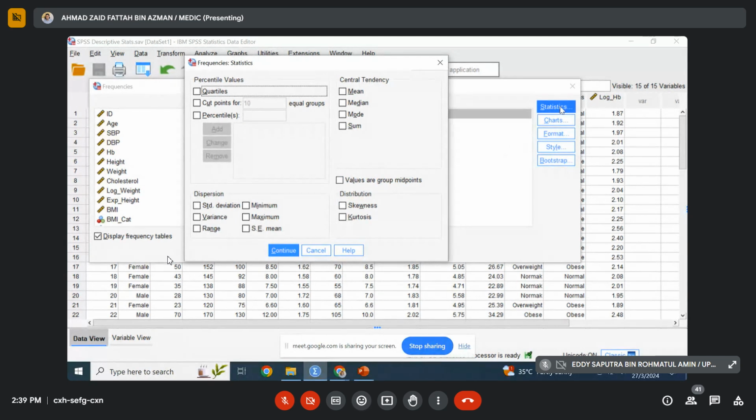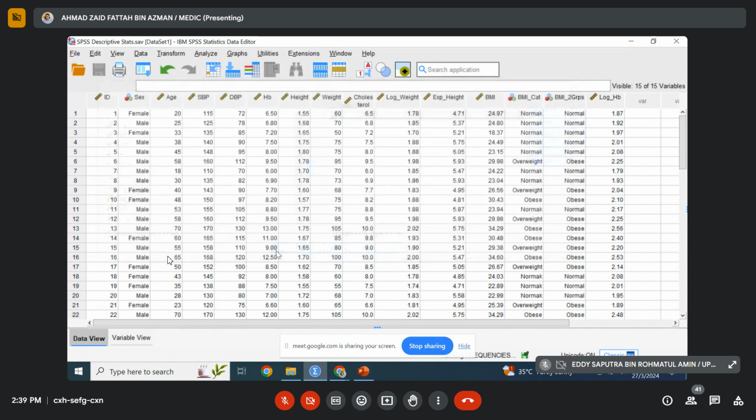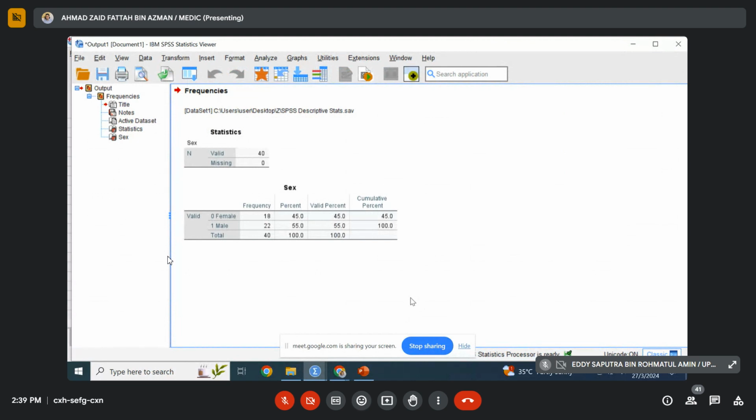So you need to select statistics. Charts also, let's go one by one. Before we go to charts, let's just select sex, and then the others just leave at default. Okay, and click OK. You can do it along with me together. Once you click OK, it will give you this result. So valid means there's no missing value. We have 40